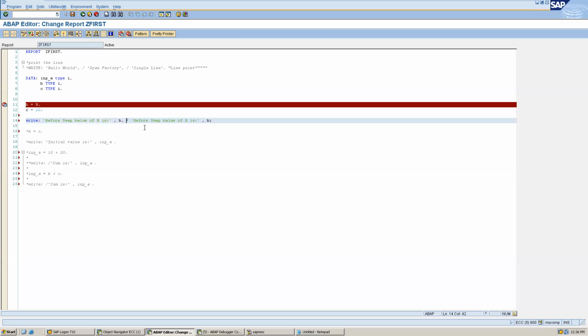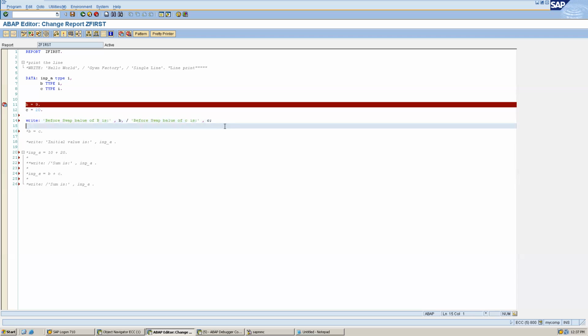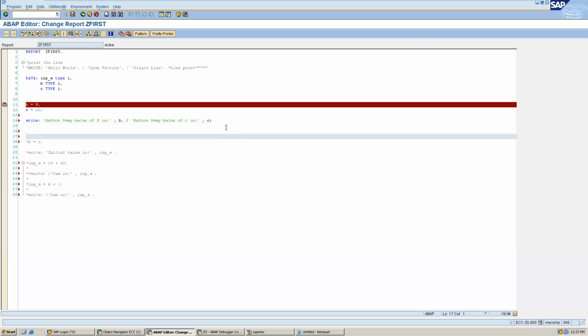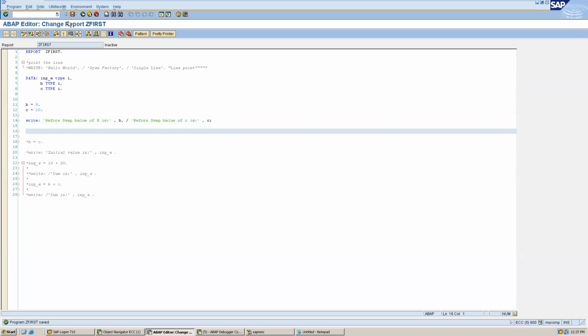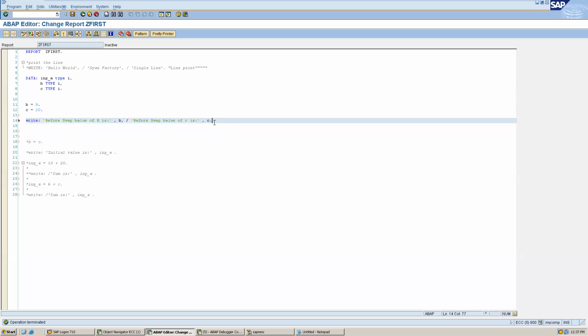And 'before swap, value of C is', C, right? So what will be the output here? Anyone? Nine and 20, because we have done nothing.